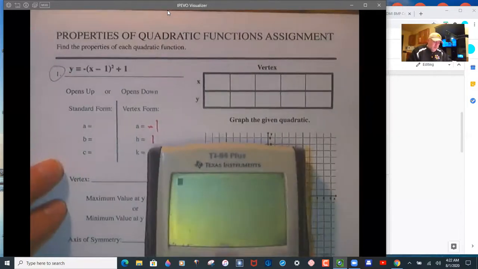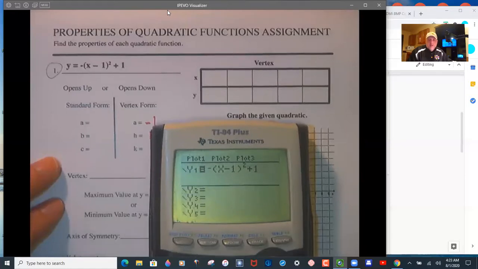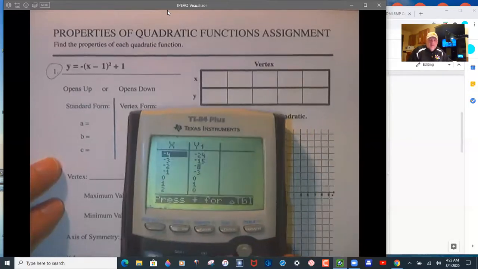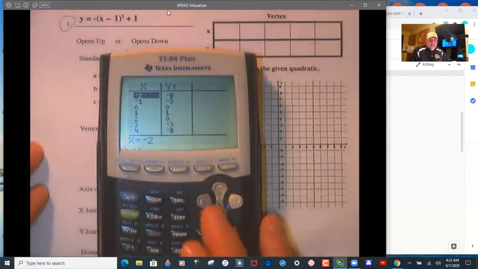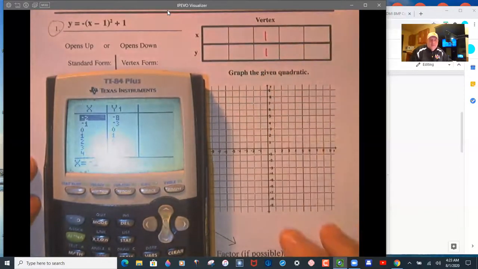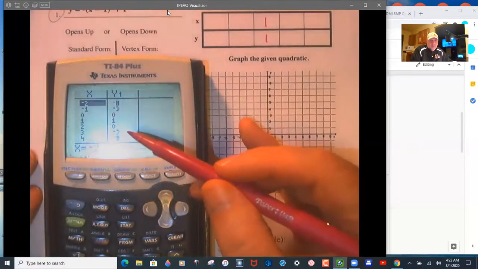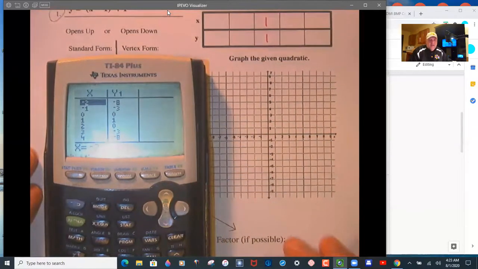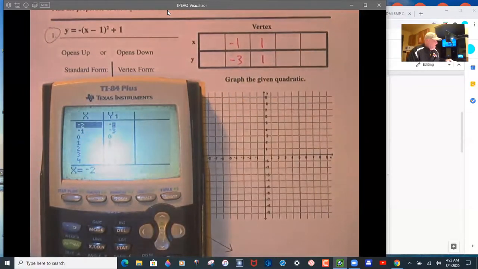But what you should do first is go to a grapher and enter this in, +1, and then go to the table and see if you can spot the vertex by looking for that pattern. That pattern never, and I mean never, goes away if you can see it on the table. So if you can't see it on the table, then you have to calculate it by doing the negative b over 2a. So 1, 1 is the vertex, because I see this 0, 0, the -3, -3, the 8, -8, -8. So that 100%, if you see that pattern around that, then you